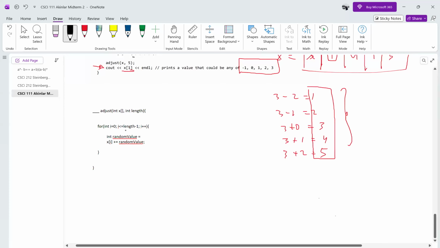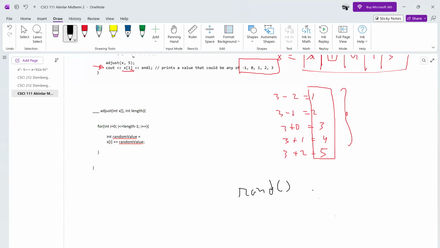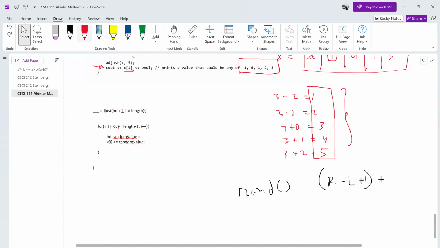So how can we do this? So there is a rand function, I'm pretty sure that C++ gives you, and this function, let me think. So if it was right minus left plus 1 plus L and mod. Okay, so basically what I did here is